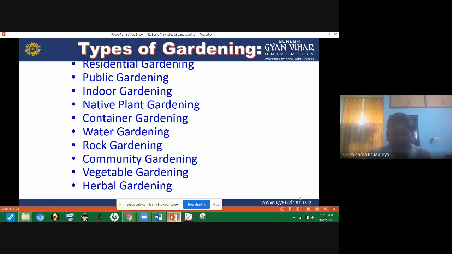For indoor gardening, NASA also recommended a large number of plants. They are oxygen generators, so oxygen generator plants.